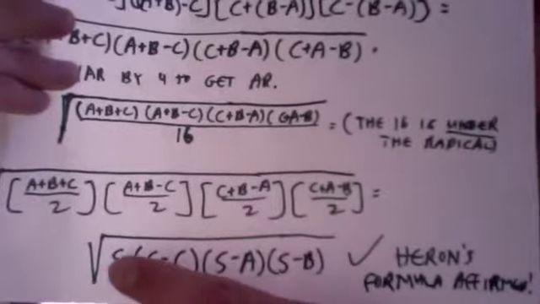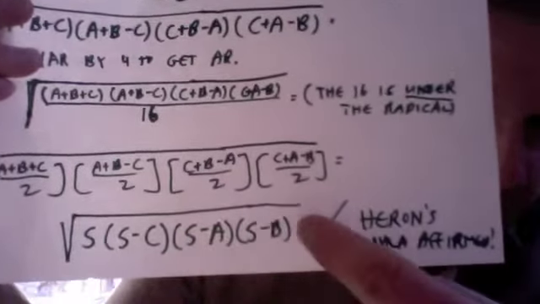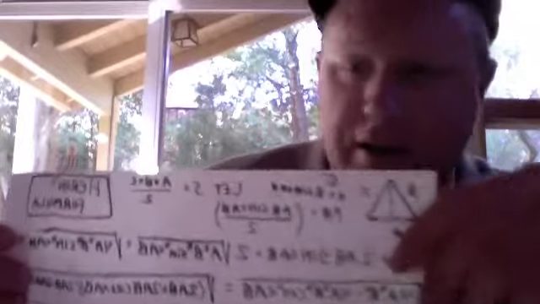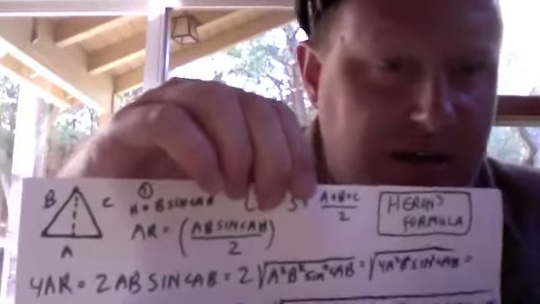But Heron's formula states, if we take this value for S, the area is equal to the square root of S times (S minus C) times (S minus A) times (S minus B). Okay, that's Heron's formula. And let's go ahead and get started because this is going to be a son of a